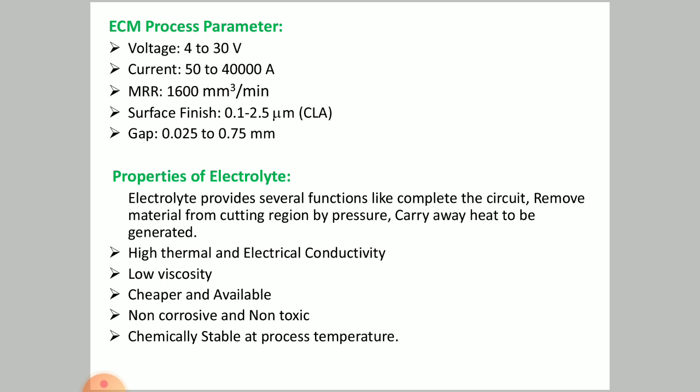As we can observe, the surface finish is ranging from 0.1 to 2.5 micrometer. That depicts that this process is utilized to perform super finishing operation, which is similar to that of electro discharge machining process. My dear friends, in the next topic we are going to see the electrochemical grinding process. As we all are aware, grinding is a super finishing operation. So this advanced machinery is utilized to perform the super finishing operations.